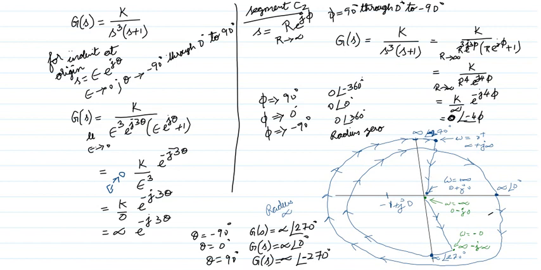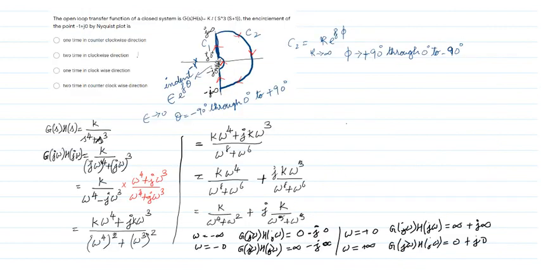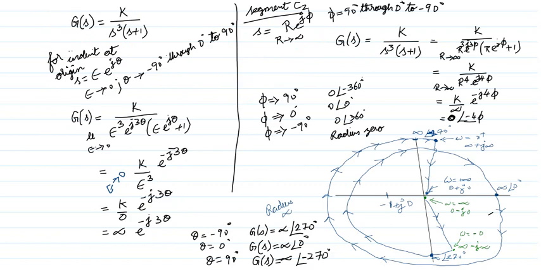Then what should I do? Yes, the indent is completed, which means I have to go for omega 0 plus and omega as infinite. For 0 plus, the point is infinite plus j infinite. For plus infinite, the point is 0 plus j0. So you can see the path. We started from here, we go this way, again we come this way, coming back here. And remember, it should be symmetrical about the real axis. That's the first point.